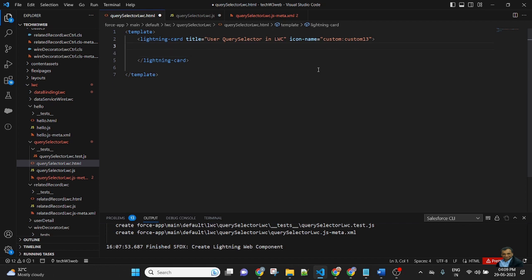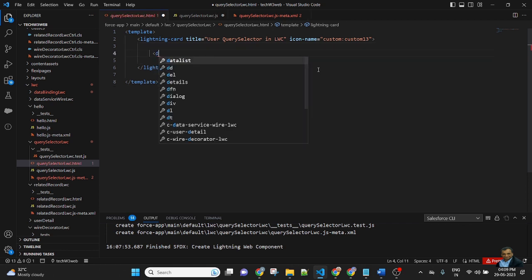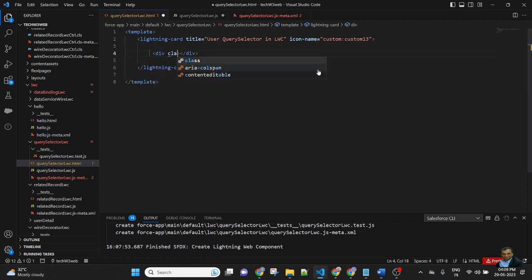input fields. So first I will create a div, class equal to slds-grid, slds-wrap, slds-p-around_medium.